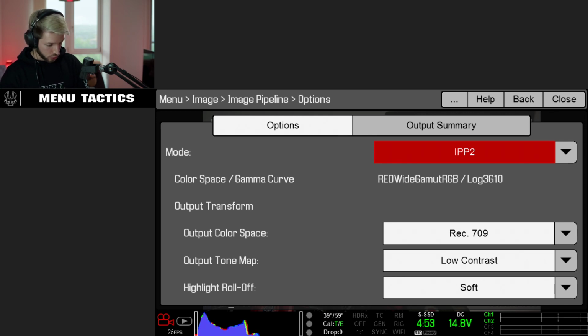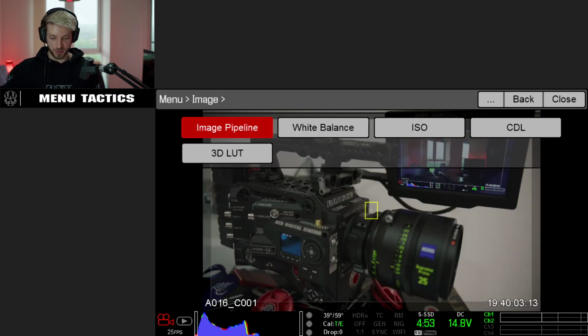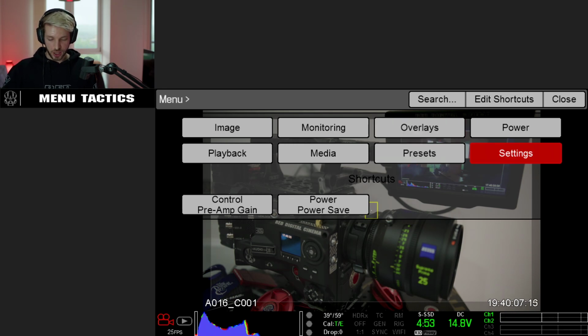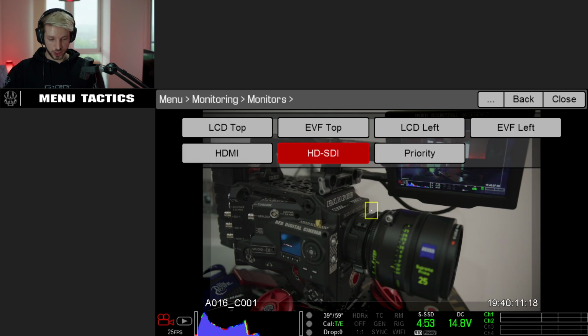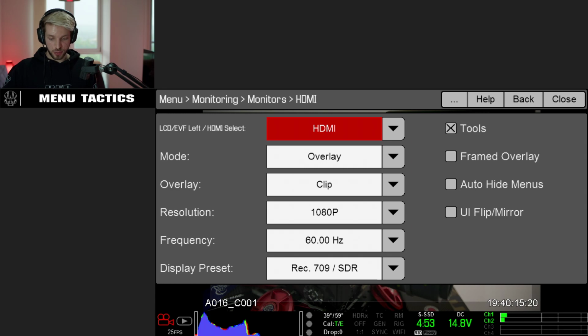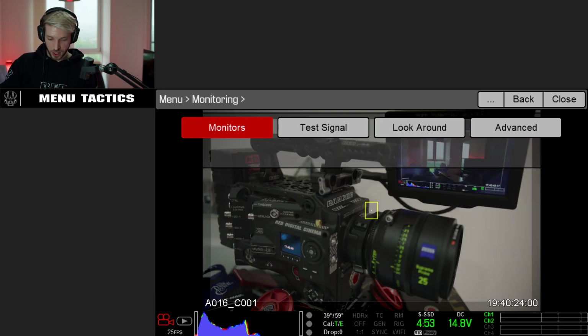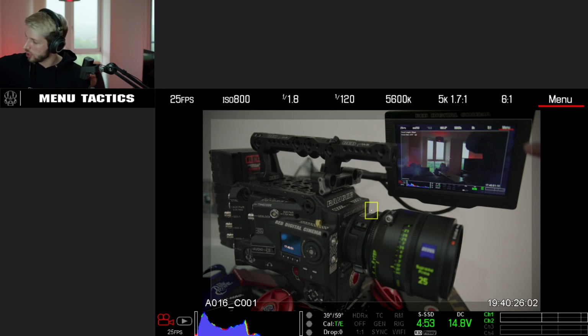How to set a shortcut for a clear screen. So for auto hiding menus. Okay, fantastic. So if you want to clear everything off the screen, so if we go into monitoring, monitors, HDSDI or HDMI, just simply go into auto hide menus. And when you're not using them, you'll basically have to tap on the screen. So actually, if I set this up on this camera quickly, just because it'll be a bit easier to show you. Menu,